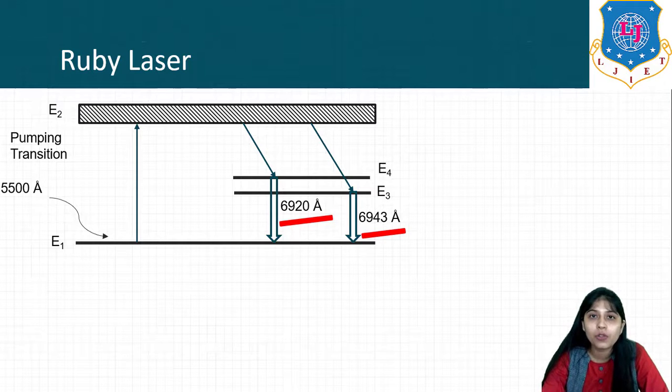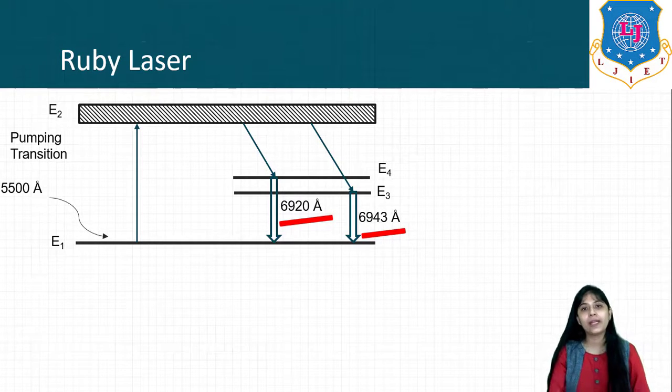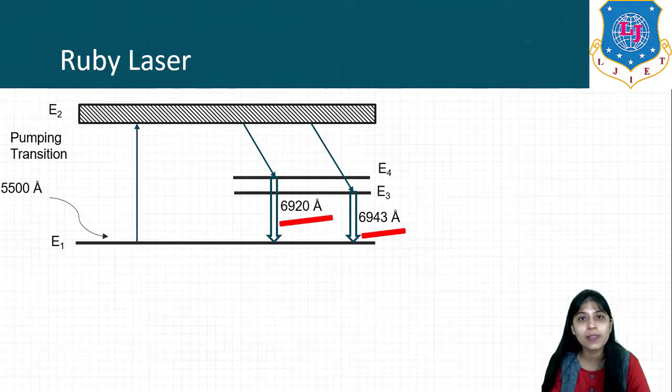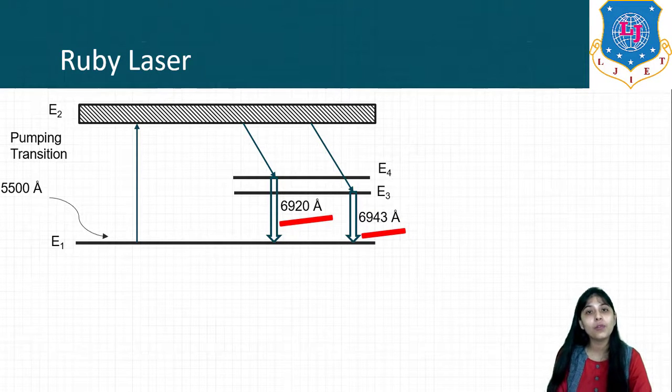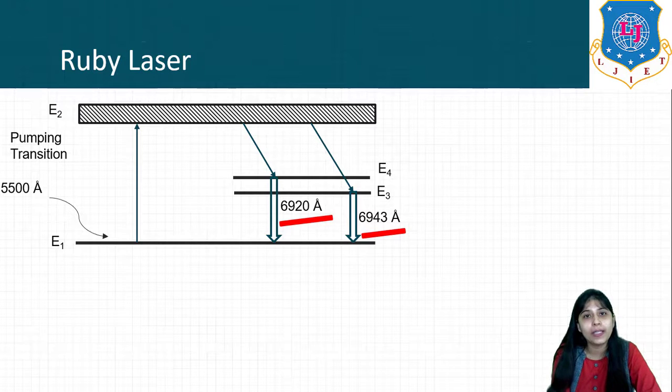Now the problem of the excited level is that it is the most unstable level, where atoms cannot remain for a long time. We need to produce stimulated emission to produce laser. In stimulated emission, we need to apply energy to the atoms while they remain in the excited state. But this is not possible in the excited state, as the lifetime of the atom there is very low, only about nanoseconds. So when chromium atoms absorb this energy of 5500 angstrom wavelength, they go to the excited state, but they immediately come to the states E4 and E3.